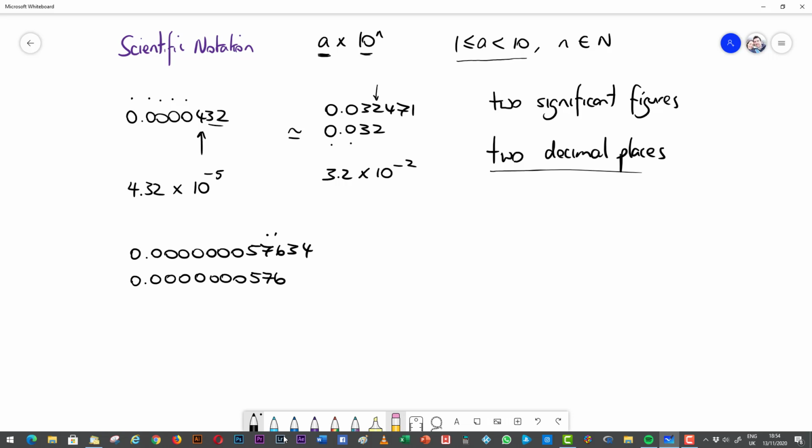0.000000576. Now, I took a look at the number after the 6. Again, it was less than 5, so I kept it as a 6. If this 3 was a 5 or greater, I'd round this 6 up to a 7. Now, turning this into scientific notation, we have